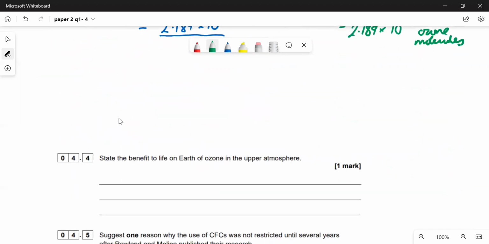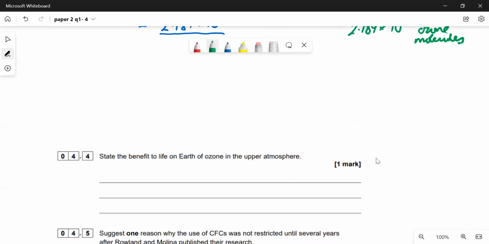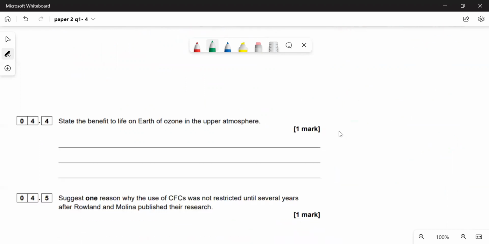Okay, state the benefit to life on Earth of ozone in the upper atmosphere. Well, of course, it filters out UV light, and UV causes mutations, damages DNA. Right. So, just one reason why the use of CFCs was not restricted until several years after Rowland and Molina